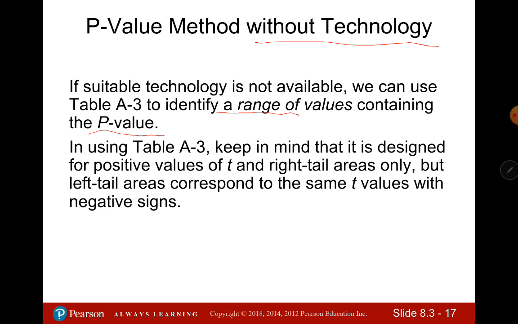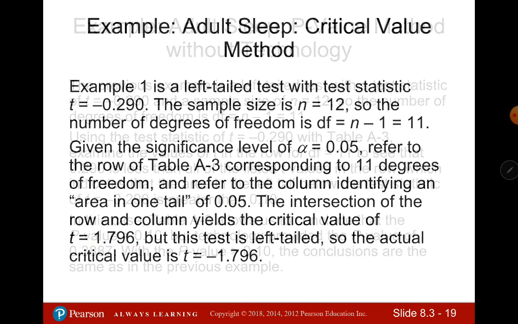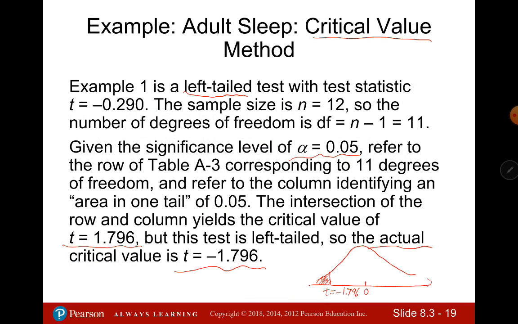We know alpha is equal to 0.05, so we find the area in one tail is 0.05. Then we find the whole column, right? But which value are we going to use? We still use the degrees of freedom. We find the degrees of freedom 11 and the column for 0.05 in one tail. We find the critical value in the table is